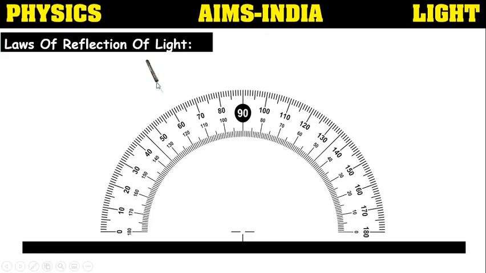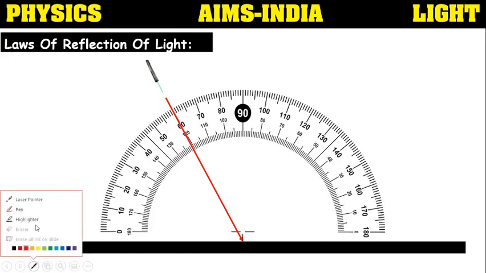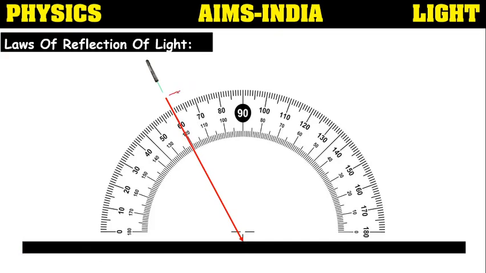Now focus the light ray through 60 degrees angle of the protractor like this, such that it will hit the plane mirror at the middle. So this is the incident ray, IR. A light ray from the laser light is touching the mirror in this direction. This point where it is touching is called the point of incidence. We can call it POI, point of incidence.